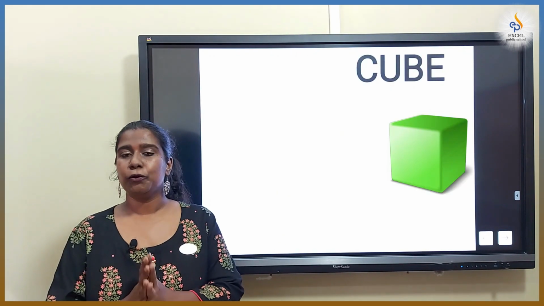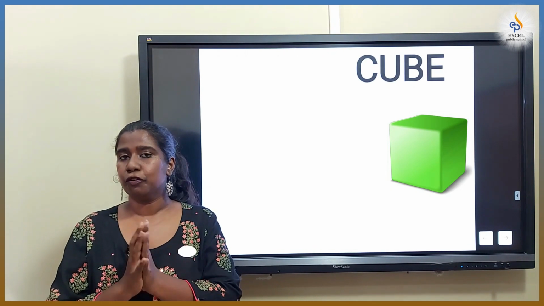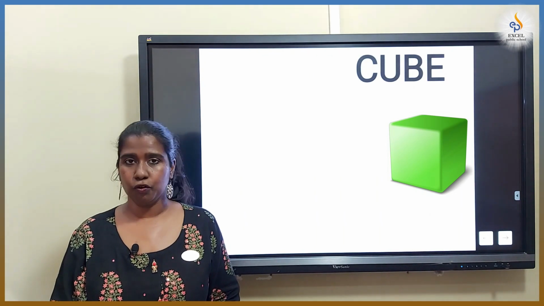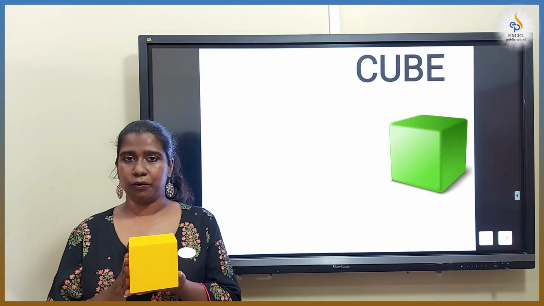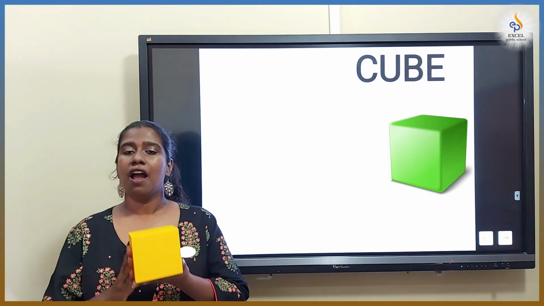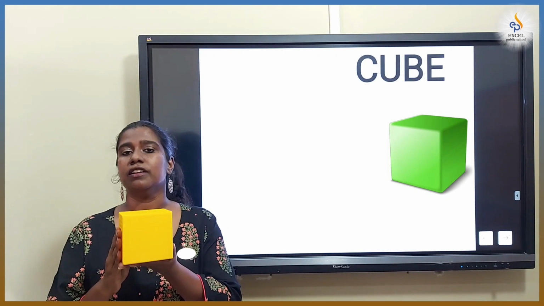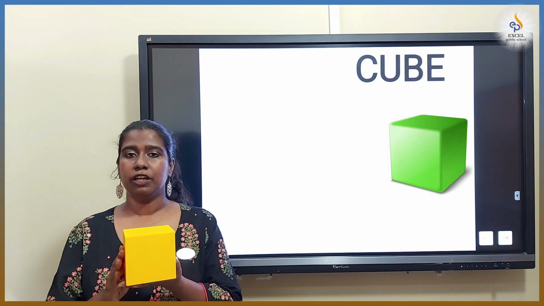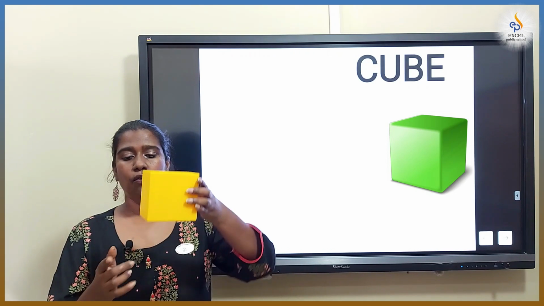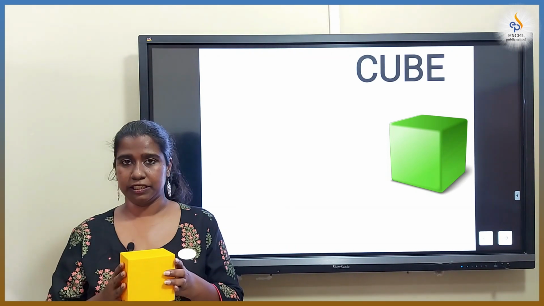Kids, from now on you may have to pause your video whenever I tell you. You have to pause and get a few things which I tell you. So first, let's look at the attributes of a cube. Pause the video and go and find something which is similar to a cube. I hope now you have a cube with you. We will now count the corners together. So in a cube there are 4 vertices in the top. There are 4 vertices in the bottom. That means a cube has 8 vertices.